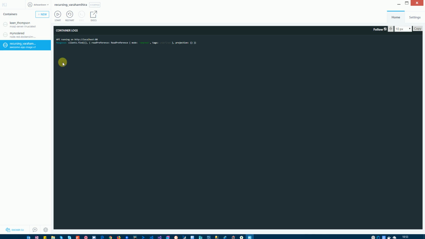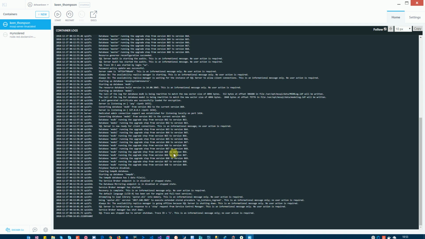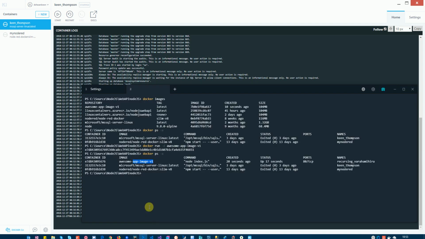But what it allows me to do is restart this. I can literally restart, or in this case start, or I could simply get rid of the container, because the container is built from the image. I'm not deleting the image yet, only the container. The container was created when I did a docker run command, so it's very quick to spin up another instance of the container. So right now I'm just going to click remove here,